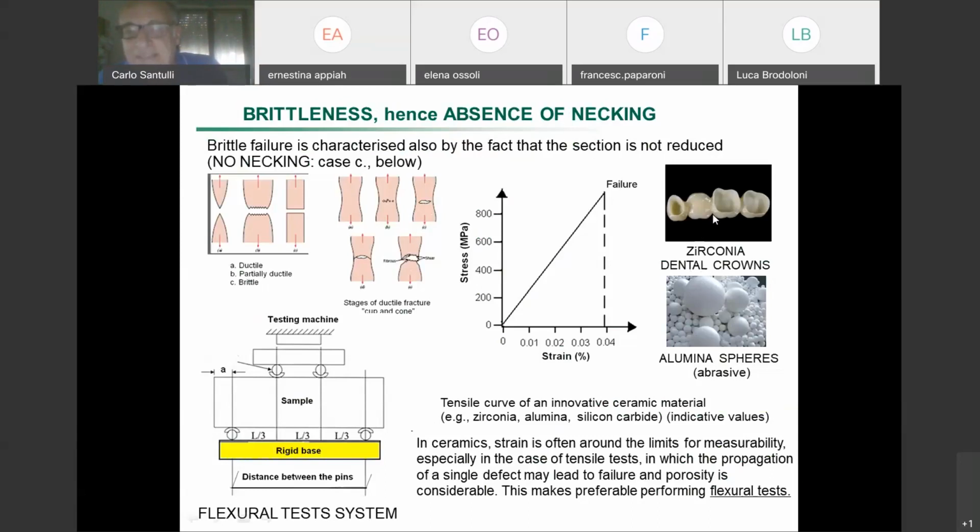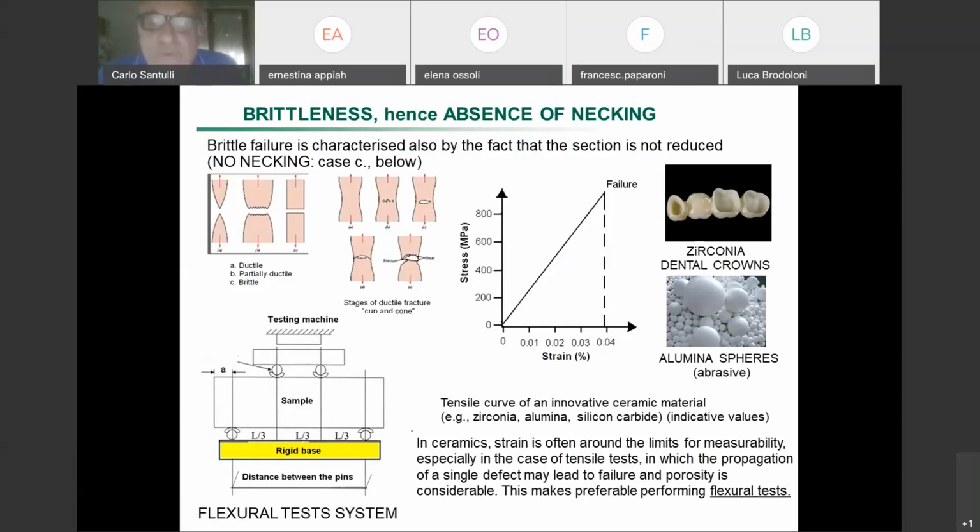We have also some advanced ceramics. Ceramics is not just clay for the pots or for bricks and so on. We have also advanced ceramic like the ones for dental implants, like these dental crowns in zirconia, like these aluminium spheres, for example. And this is the typical behavior. You don't have any kind of plasticity. You have just elasticity, and you have a marked effect of porosity,